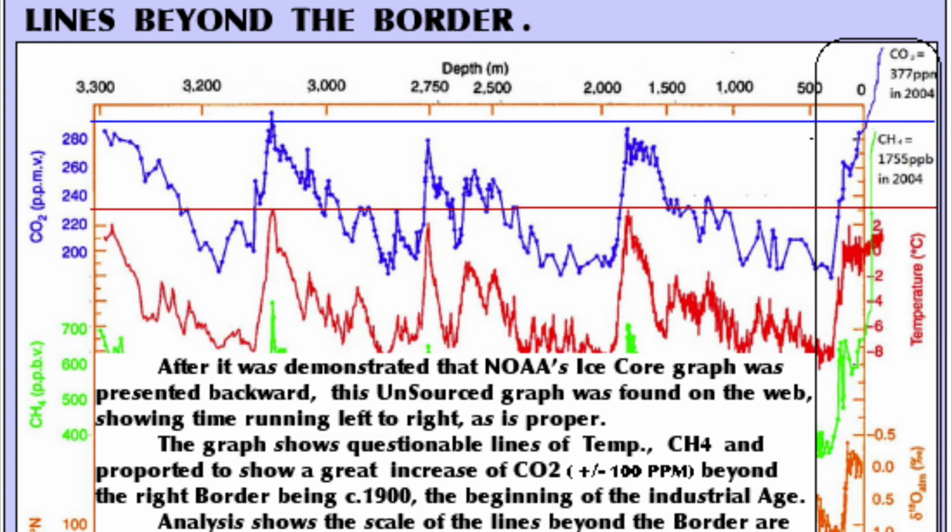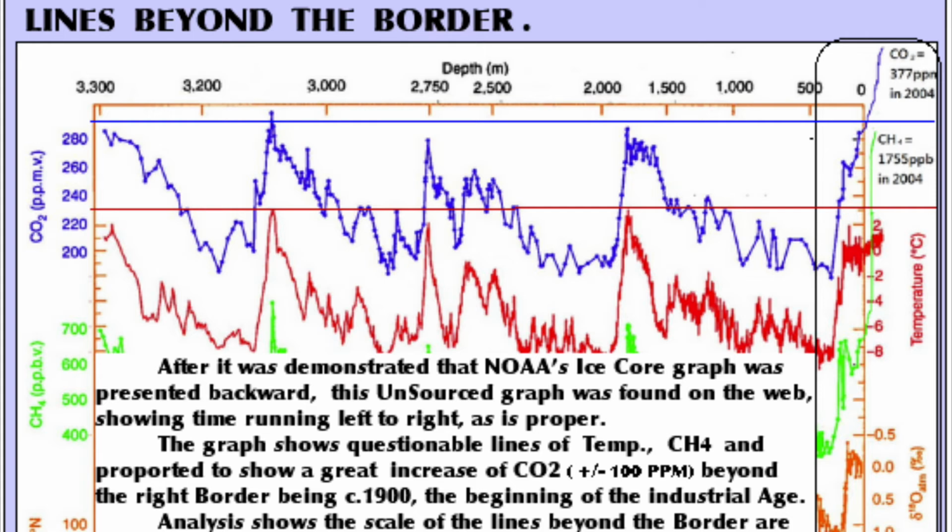Lines beyond the border. After it was disclosed that NOAA's ice core graph was presented backward, this unsourced graph was found on the web showing time running left to right. Although the graph is presented left to right, the graph adds unusual lines of CO2, temperature, and CH4, methane, beyond